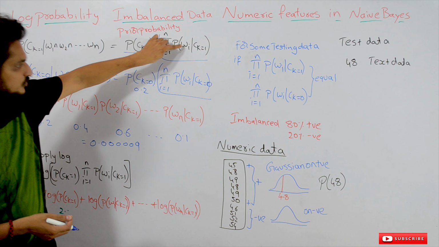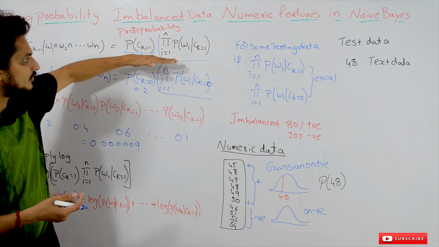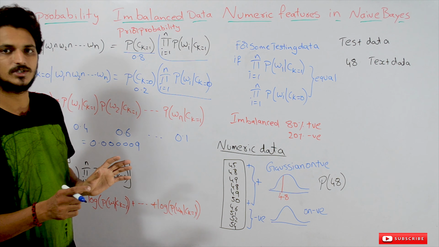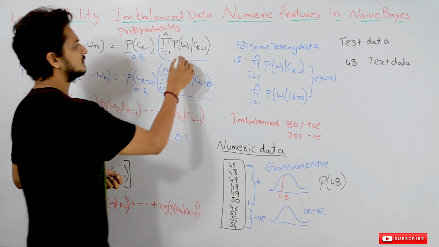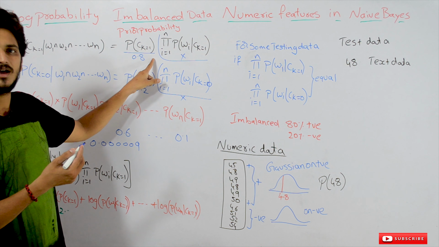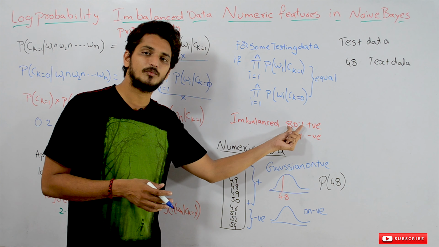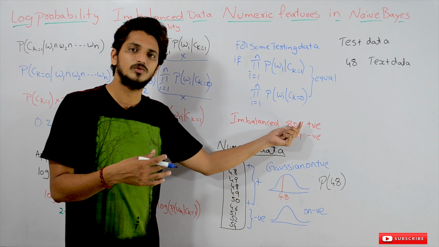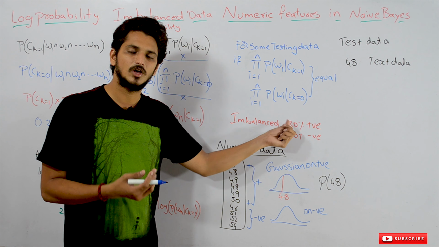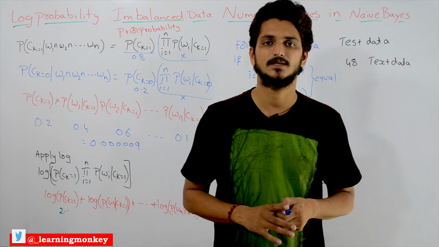Now these two values are the same for both positive and negative class. Which class will be considered? Our naive Bayes model will take the positive class into consideration, because 0.8 into some x value is higher than 0.2 into the same x value. But it is not good to decide based on this, because we collected 80% positive points. Is it reasonable to decide the class of our testing data based on this 0.8? No. That's the problem with imbalanced data sets.